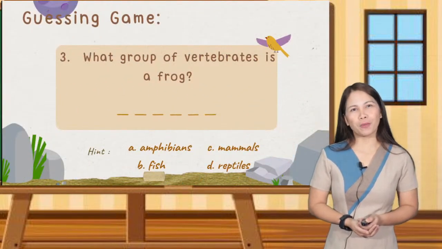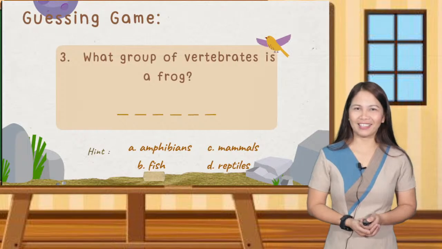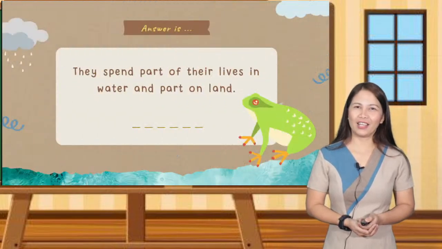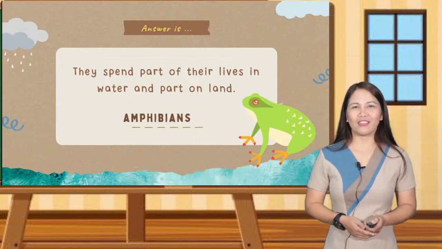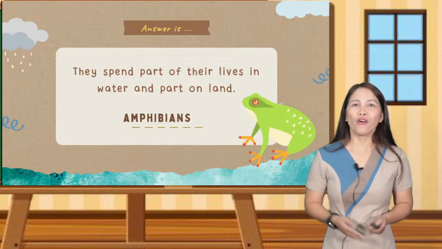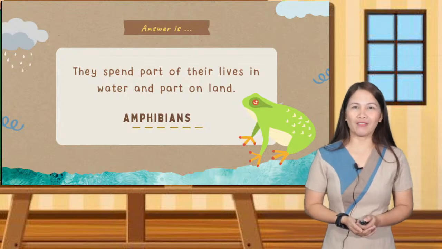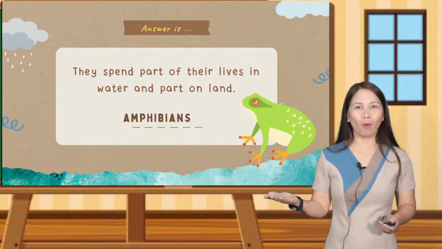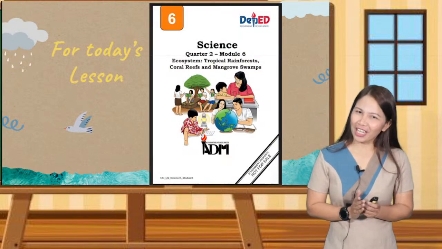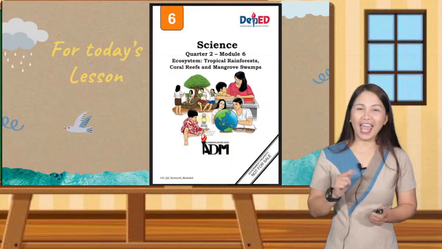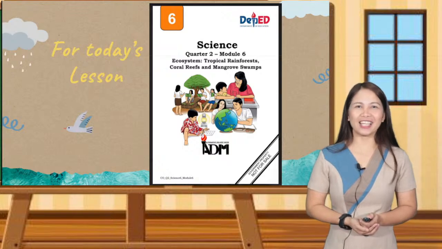What group of vertebrates is a frog? Any guess? You're correct. These are amphibians. They spend part of their lives in water and part on land. Congratulations for that, kids! And for today's lesson,